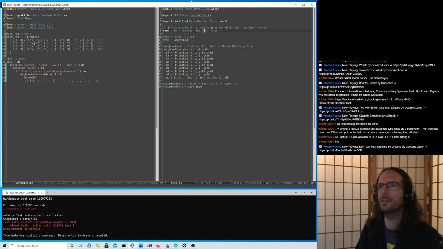Capitalized. Okay. And apparently you can write it like this. Haskell stack. Take an A. Take a grid. I mean like a key, okay. In which case our key type. Fix it. String or